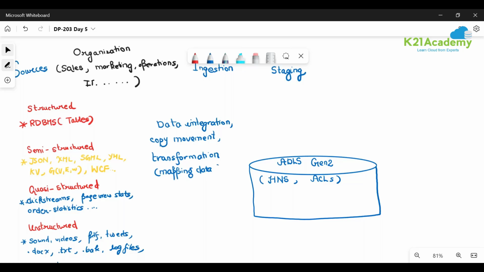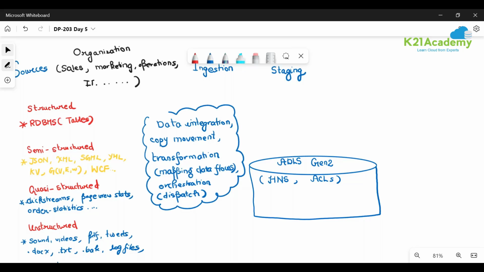Maybe some orchestration is also needed, which is called dispatches. We'll see what dispatches are. So to carry out all these things before staging, the choice should be